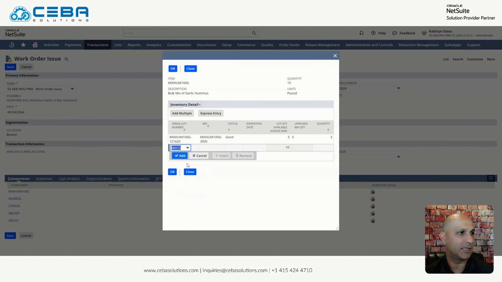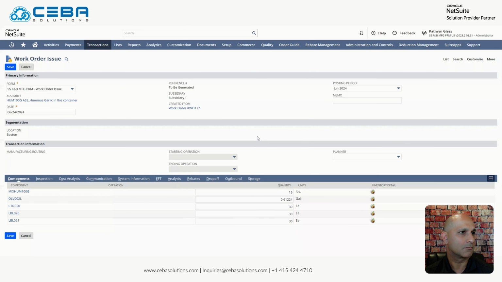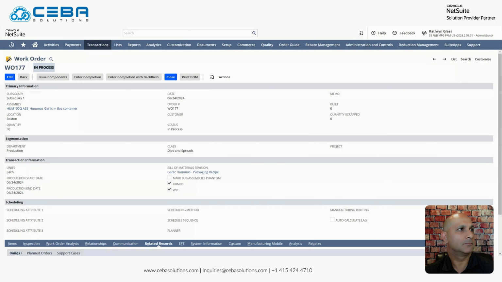I'm going to show you something really quick here. You'll notice here that I've picked up a lot number that has an expiration date, and NetSuite's actually prompting me, hey, this lot number is past due. You cannot use this, it's expired. All right, so once I've entered the lot information,